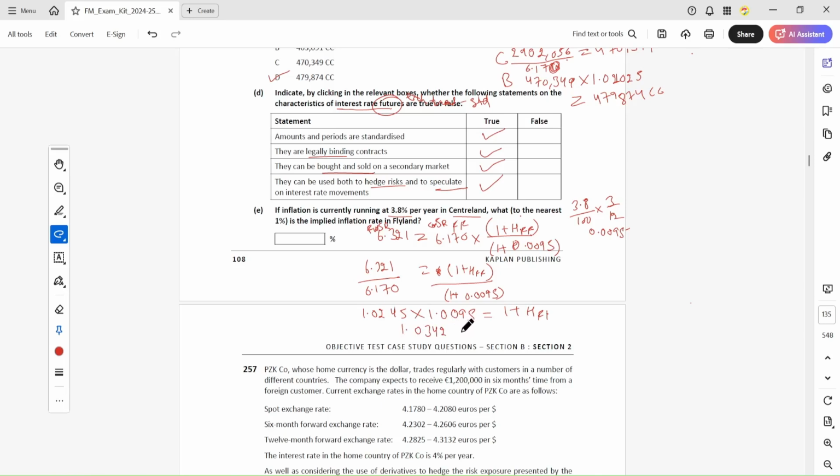2 minus 1, 0.34 multiplied by 100, we convert it into percentage, 3.42%. 3.42%. Okay,